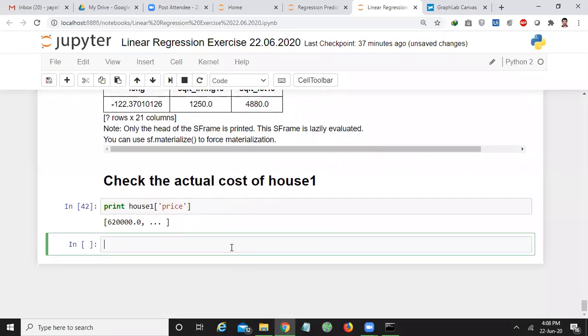Now I will try to predict the house 1 price using both learned models, the SQFT model as well as my features model.